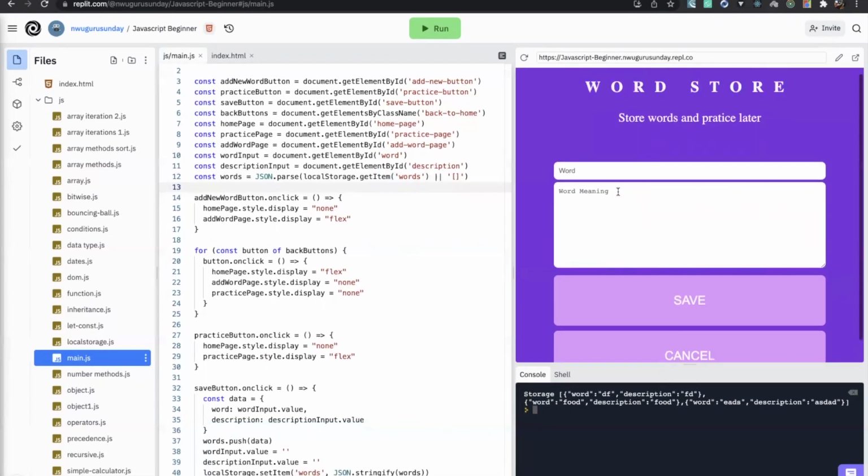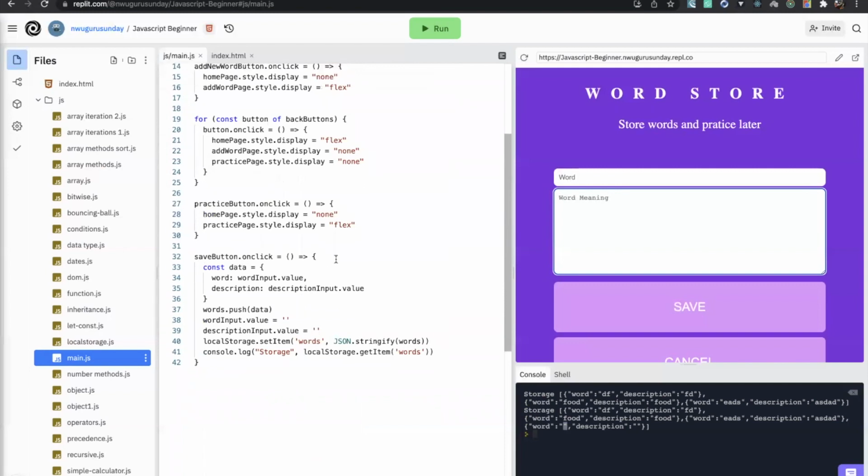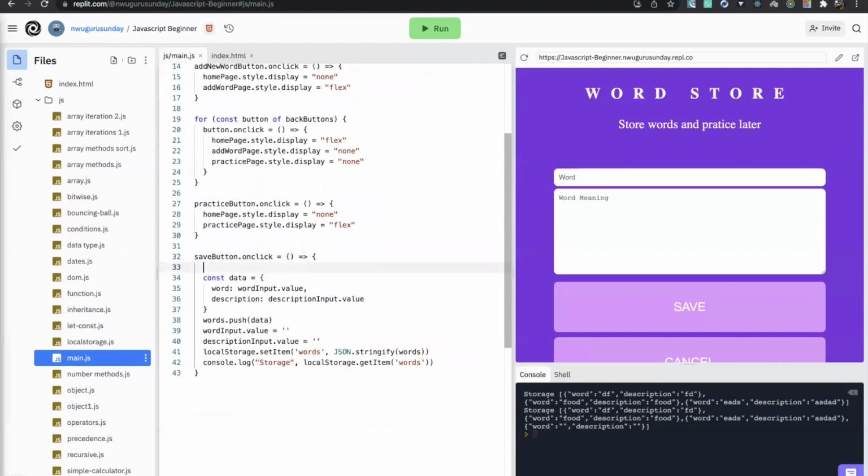So now another problem we have here is when you save, you see that it can save an empty input. We don't want that. We want the user to enter stuff before saving, okay? So we just need to add a simple check here. If our word input.value doesn't have anything, or this one doesn't have anything,